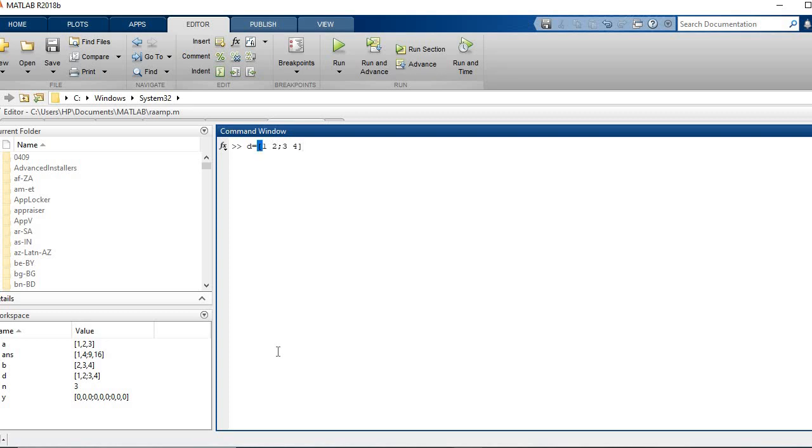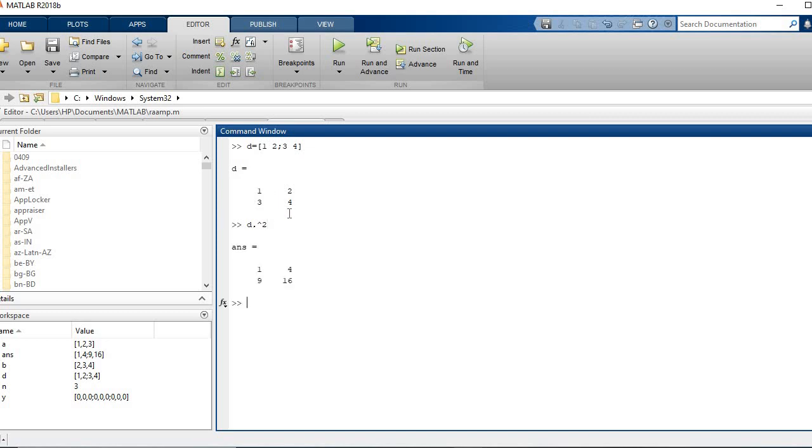It will lead to a generation of a matrix of order 2. Now if I give the command D dot caret 2, if the dot operator was not present, it was leading to the squaring of the matrix. Now what a dot operator does, it leads to the element wise operation. So each element of the matrix will get squared.